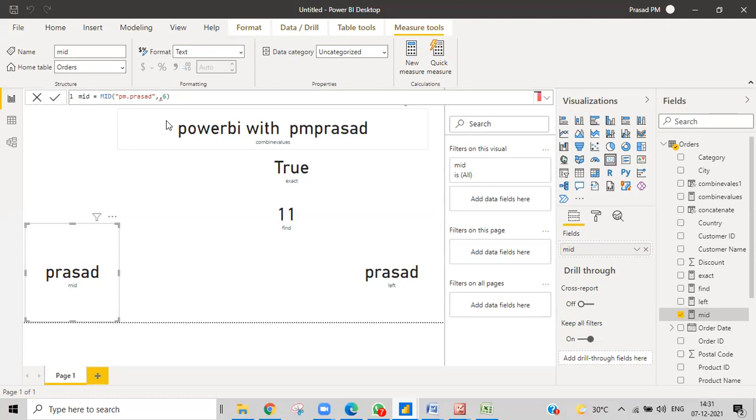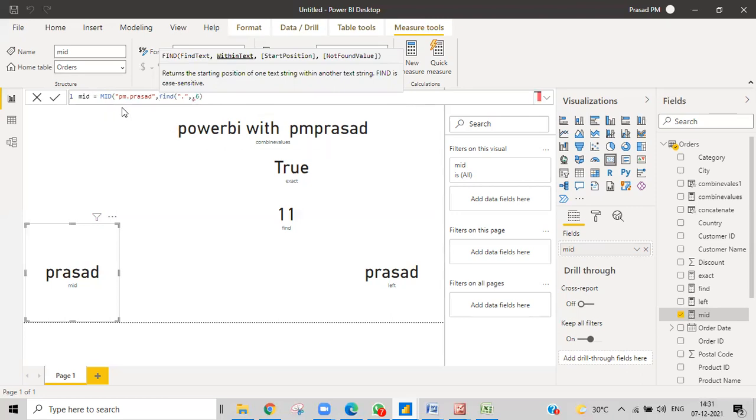So again, FIND. Can you please tell me how to write it? Find the dot again. Close it.